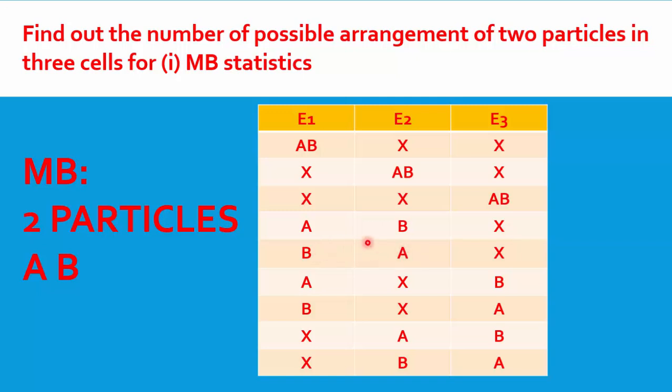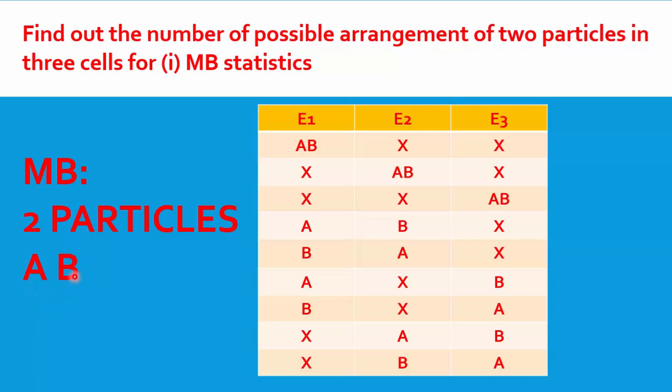Similarly, I can interchange their positions. So B comes here, A in E2, E3 remains blank. Like this I can make A blank B, B blank A, blank A B, blank B A. So there are no other possibilities in which I can arrange. So there are 9 ways I can make these two particles sit in three cells if the particles are Maxwell-Boltzmann. Now the point to remember is that, as we mentioned in lecture 1, these two particles are distinguishable,